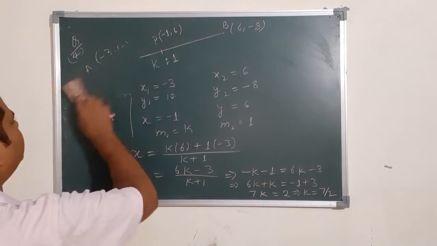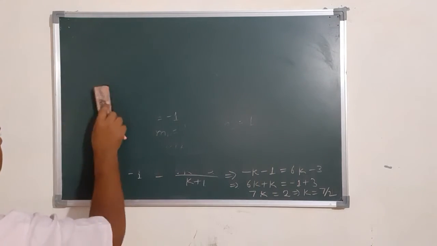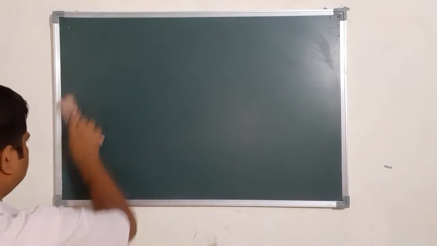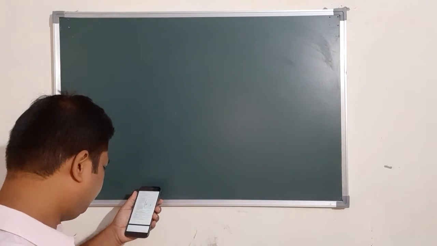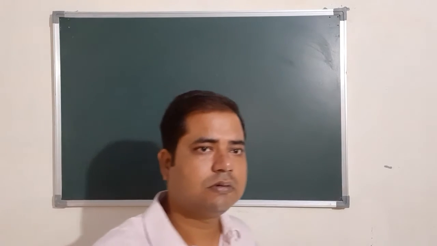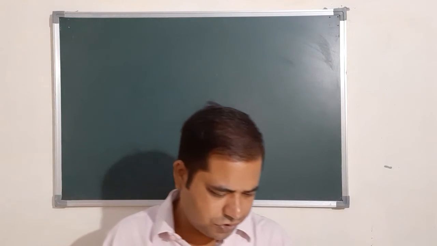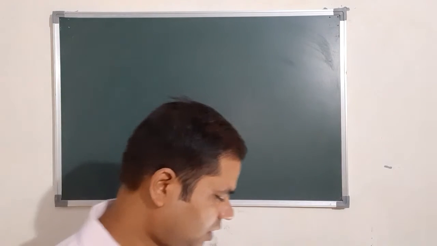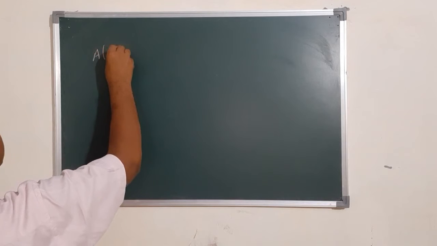So now the next, fifth question is: find the ratio in which the line segment joining A (1, -5)